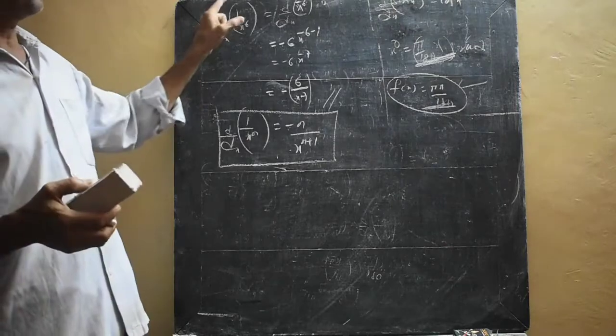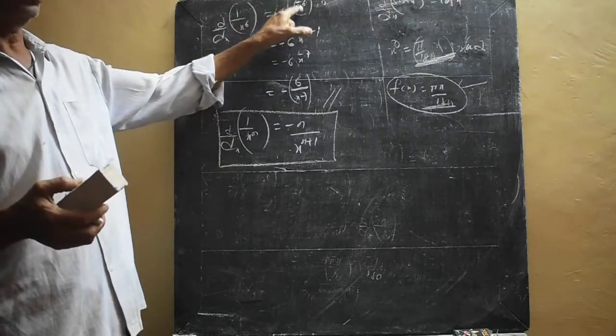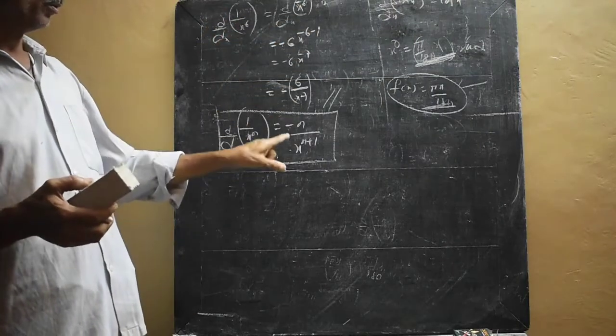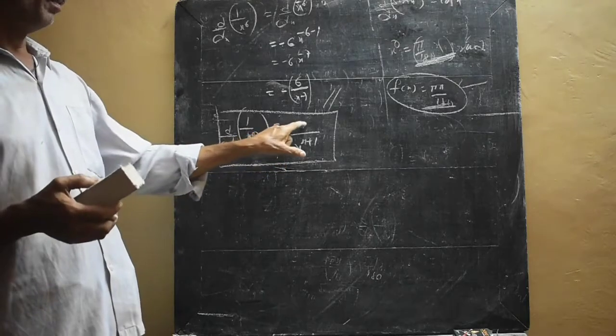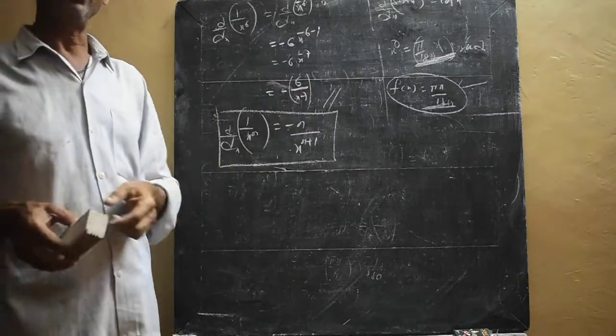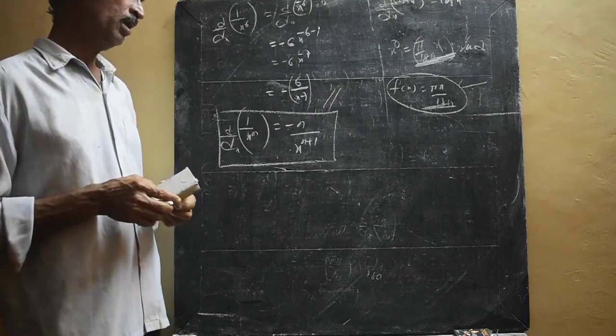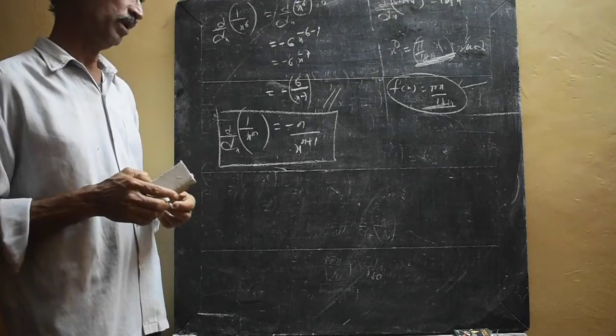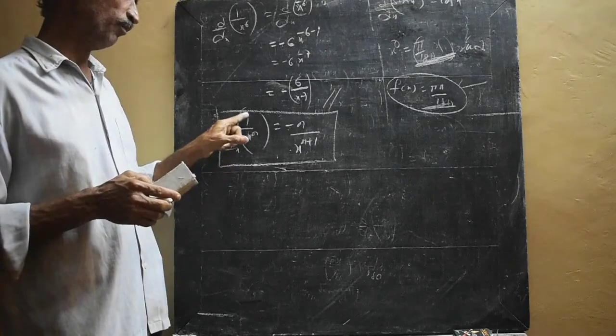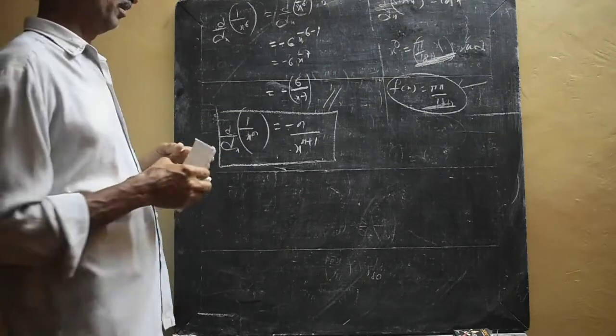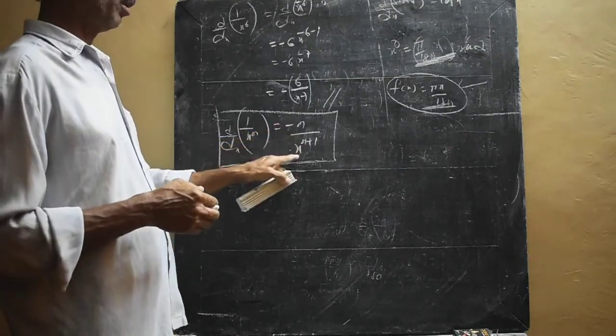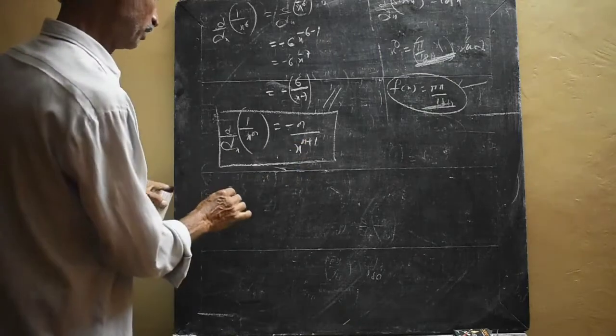Whenever 1 upon x raised to n is there, converting it into x raised to minus n and then differentiating is a waste of time. In one step I can get the answer. It is minus n upon x raised to n plus 1. Two or three, or three or four years back, one question was asked in CET: d by dx of 1 upon x square. Mind that one. It is minus 2 upon x raised to 2 plus 1. Okay, for example,